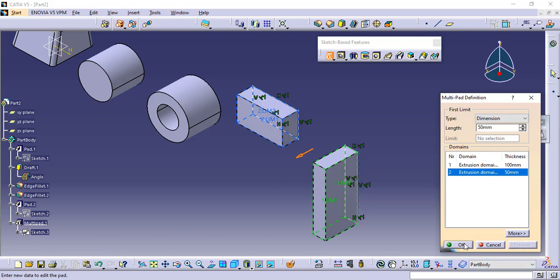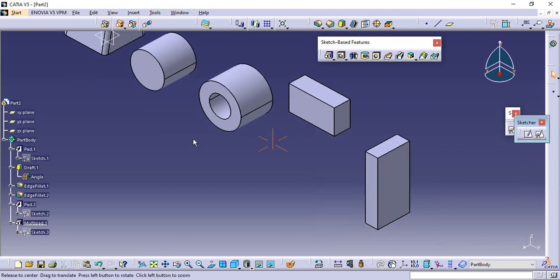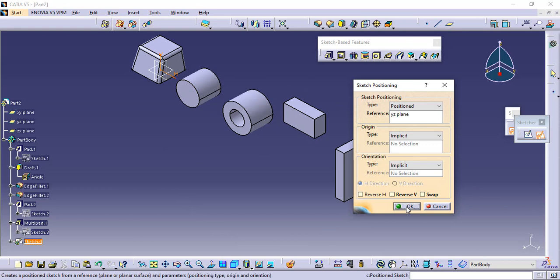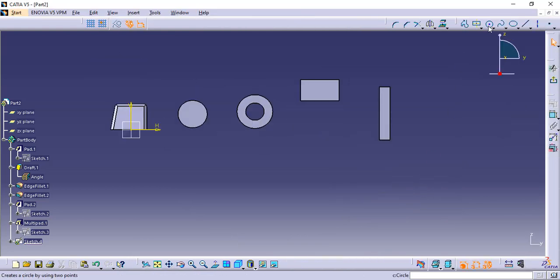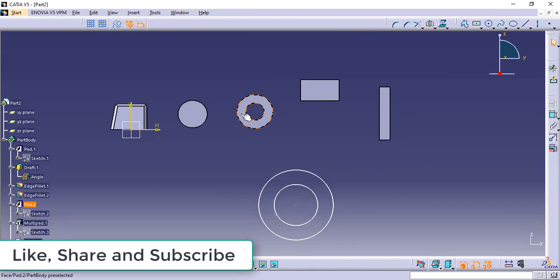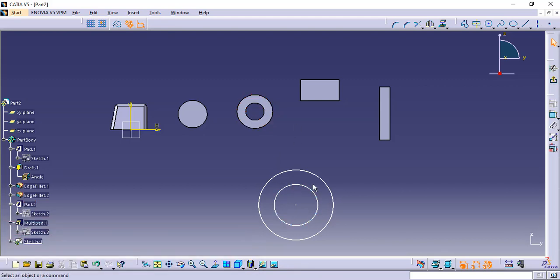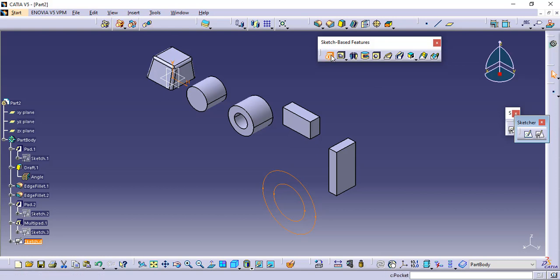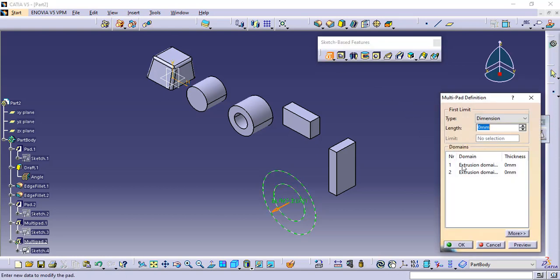Okay, now one more thing I am going to explain to you. Again, front plane dimension. Now I will make one circle. Remember, in the pad command we created a hollow cylinder by creating this kind of sketch. Now with the multipad command, what is going to happen, you can see, first is this domain and second this domain.